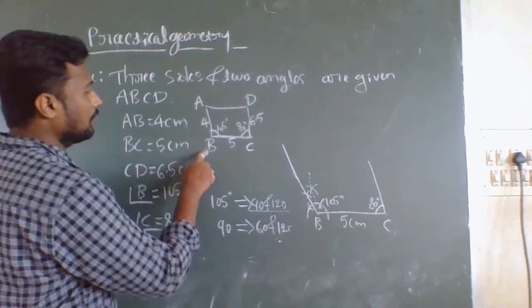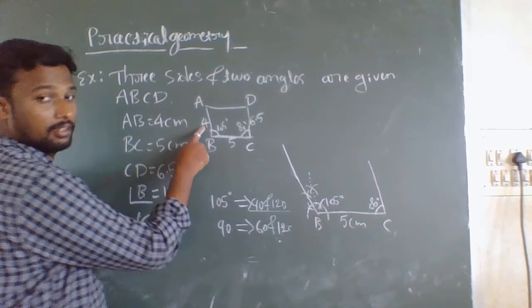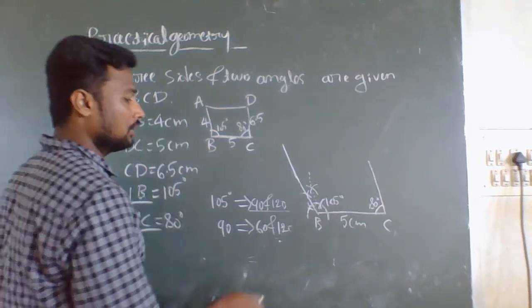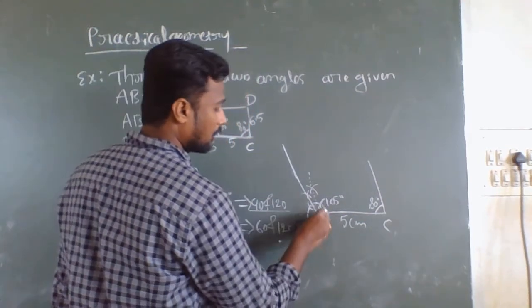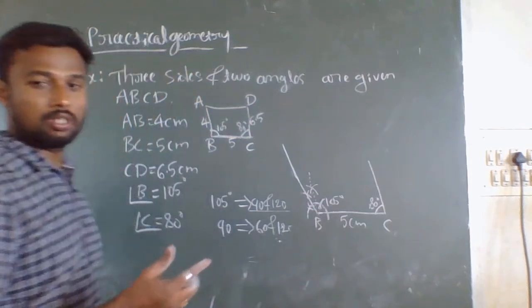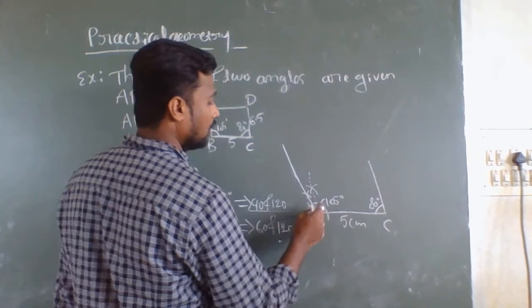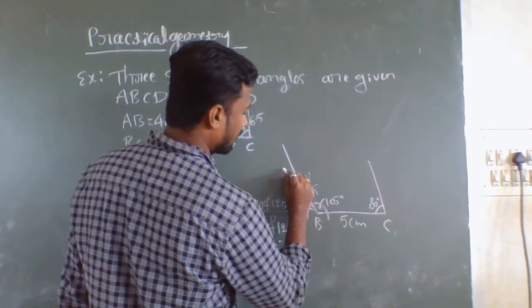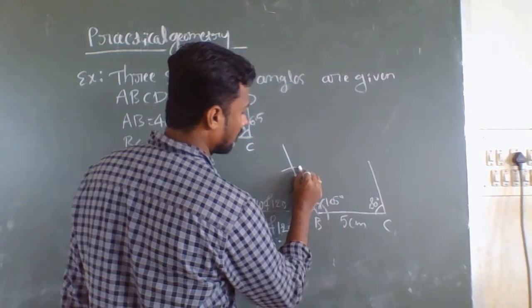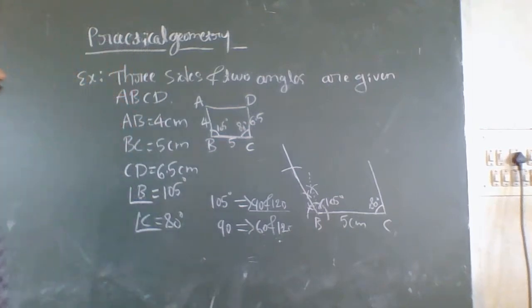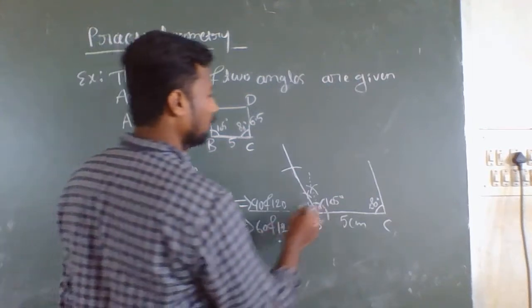from point B, point A is 4 centimeters. Here take the measurement of 4 centimeters in compass and place the needle on point B and intersect this line at a distance of 4 centimeters. So now, like this